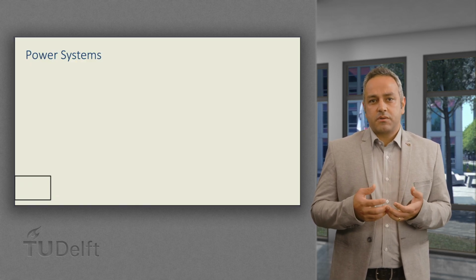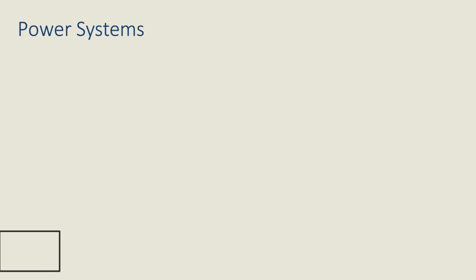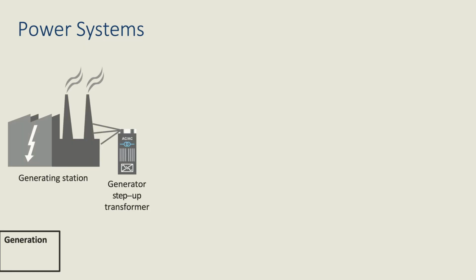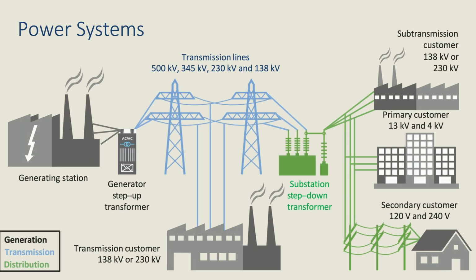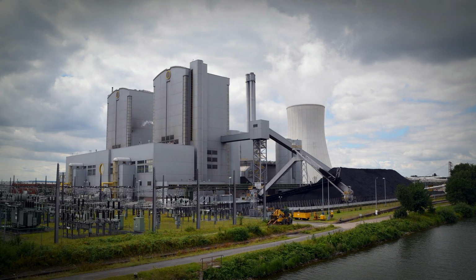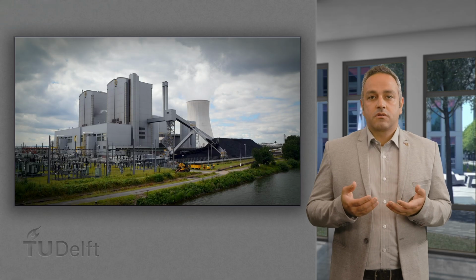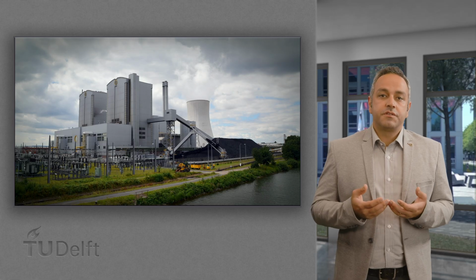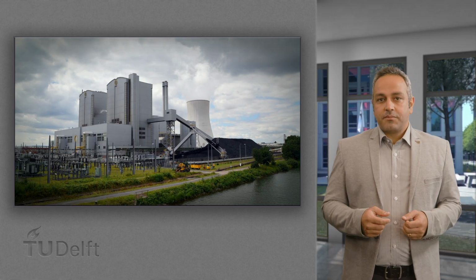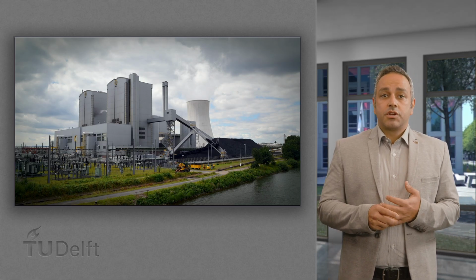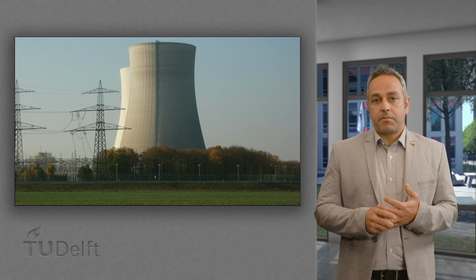A traditional power system consists of three main systems: the generation, the transmission, and the distribution system. We call it traditional because the generation of electricity is centralized, meaning that only a few large power plants are involved. The generation system comprises the power plants that supply power to the system, also called generation stations or generation units. Some examples of traditional power plants are thermal, hydro, and nuclear power plants.